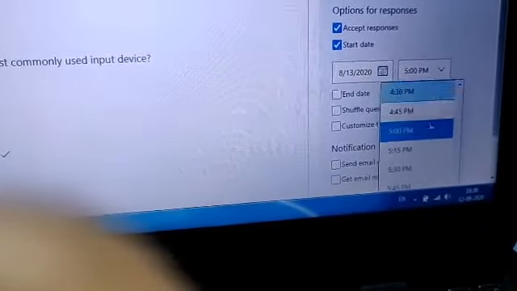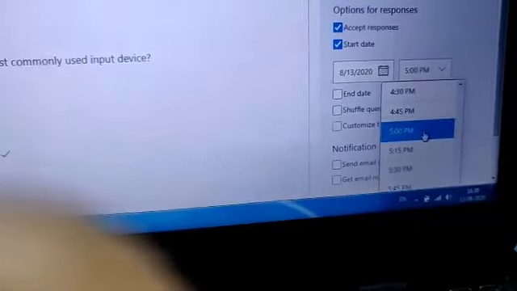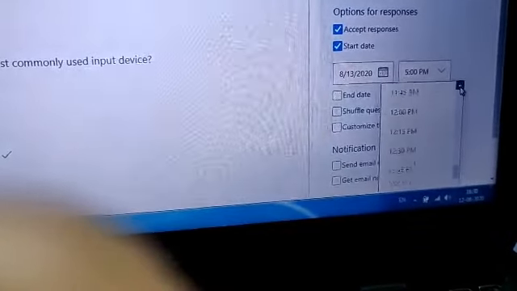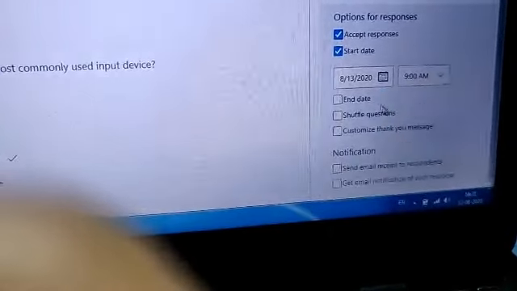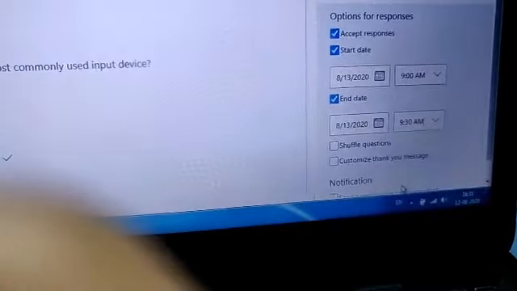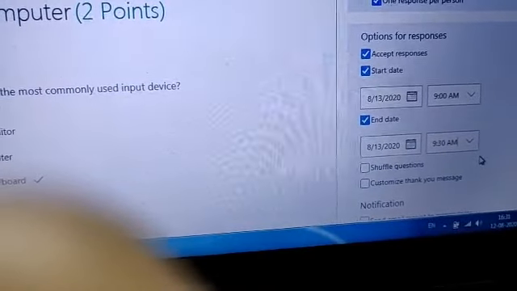I can set a time, let's say, let's keep it at 9 a.m. And the date also we have to select, the same 13th, and it is taken by default because we have given only 2 questions. It is taking 15 minutes. Now you can change the time. Let us make it for 30 minutes. So 9:30 is the ending time, beyond which the child won't be able to submit this form.